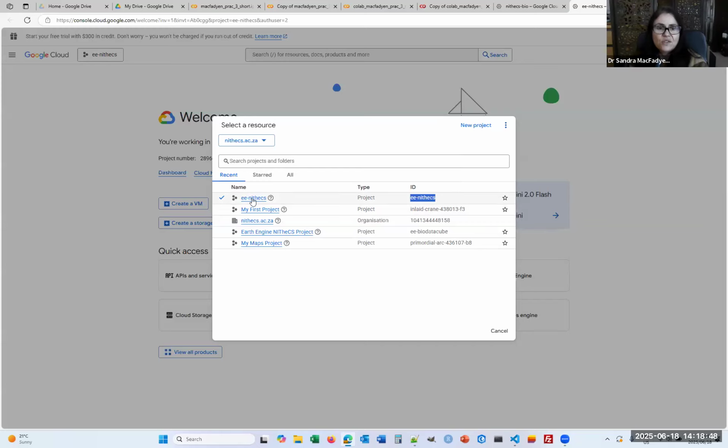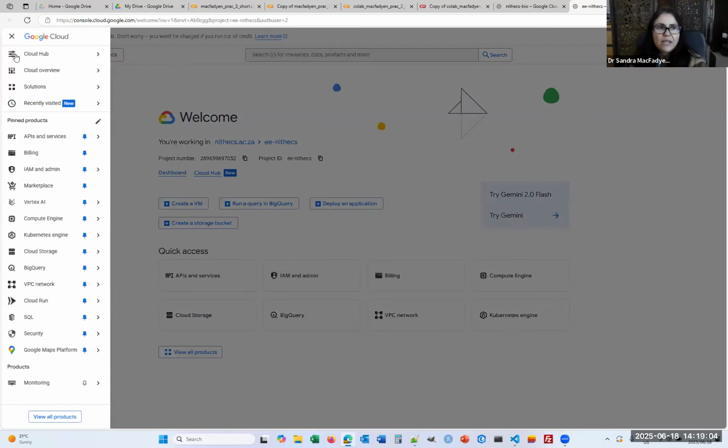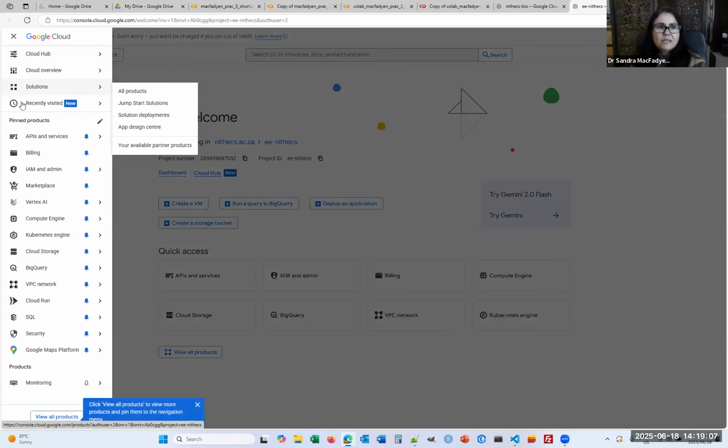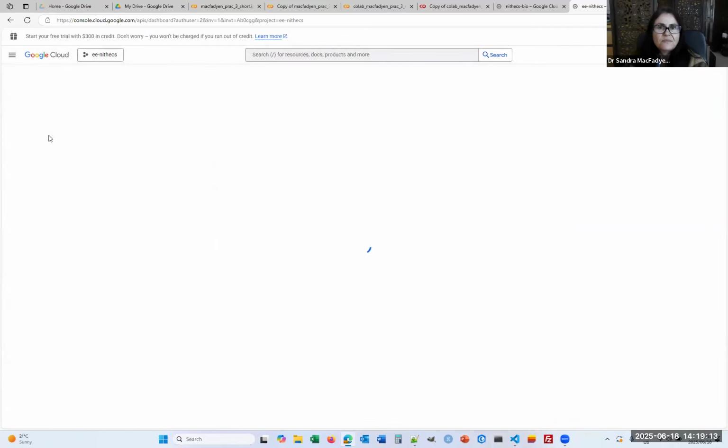Now, if you're still not getting a connection, it could mean that you have not added the Google Earth API into your project. If that's the case, you can check that by making sure you're in the right project. And then on the navigation menu over here, if you click on it, it opens up a whole lot of options, one of which is this APIs and services. If you click on it,